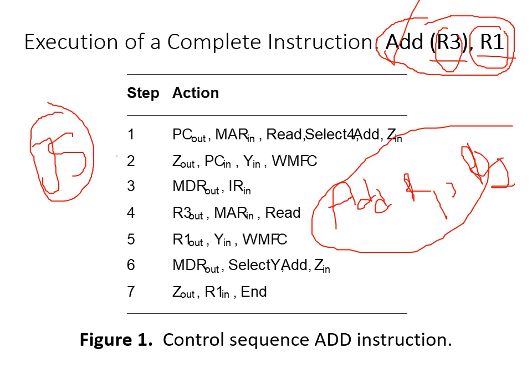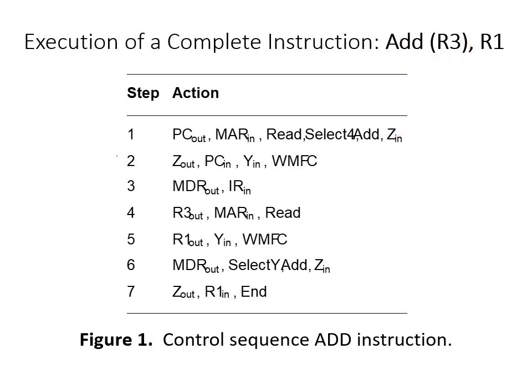What do you call for that combination of operands? The combination of operands are called addressing modes. This is very important. Addressing modes. So this addressing mode is called register indirect addressing mode, where one operand is a register, and one more operand is a register considered as an address.